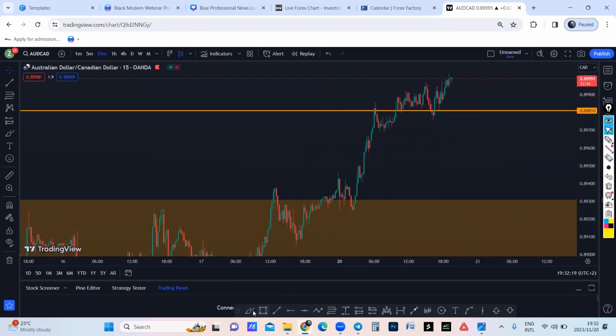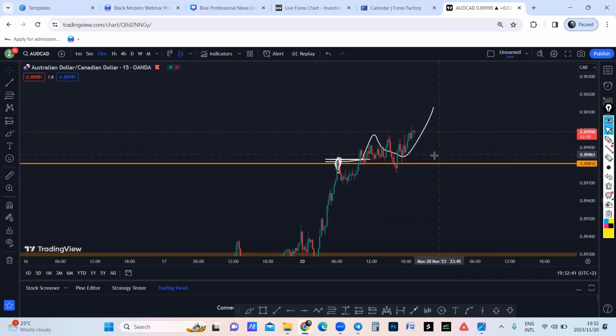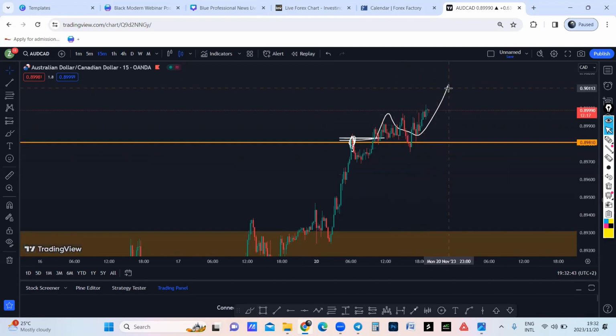So today I woke up during the Asian session around 6. That was 6 for me when I opened, and that's when the market was here, touching this high. So I wanted to see the market breaking above this high, retesting, and then going up. And that is happening right now. The market broke, but it took long to break. That's why I ended up not taking a buy during the London session.